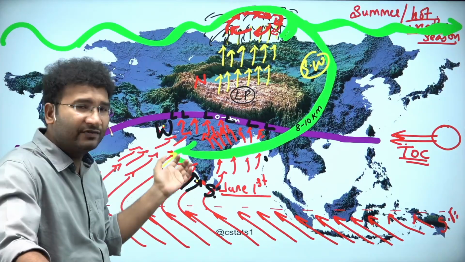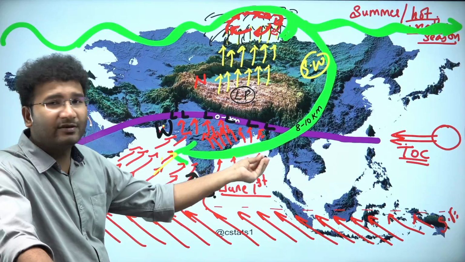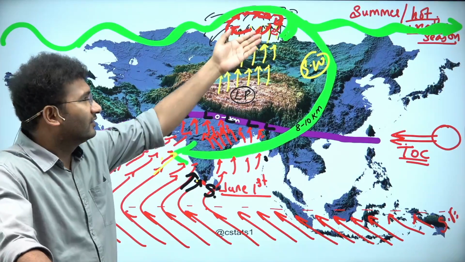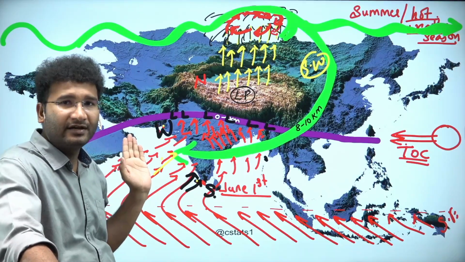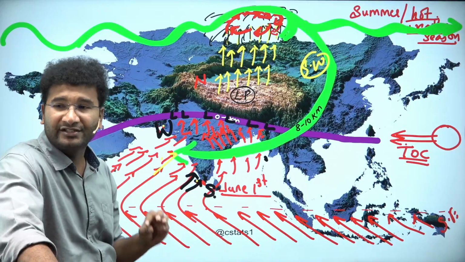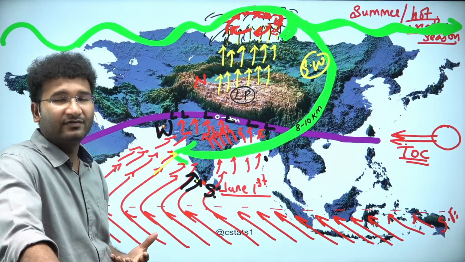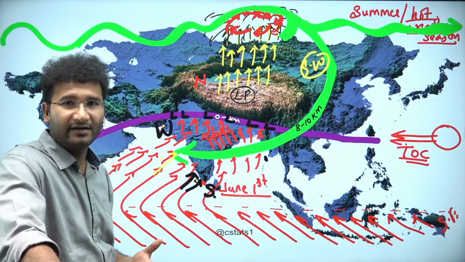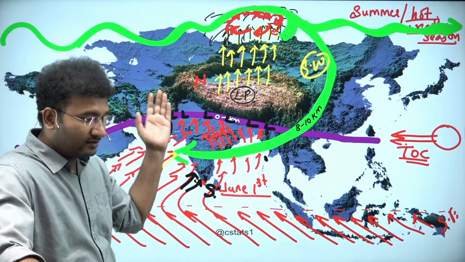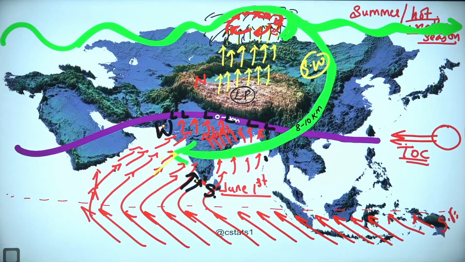The area is fully covered with clouds. There will be cyclones that will be formed, which will be dragged by this jet stream, right? This is how you are supposed to mention it in the examination. This is how you are supposed to understand the geography with respect to NCERT, right? So in a nutshell, I'll step aside. Please have a look and try to imbibe the content that is there on the board,